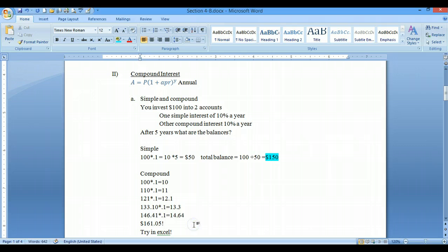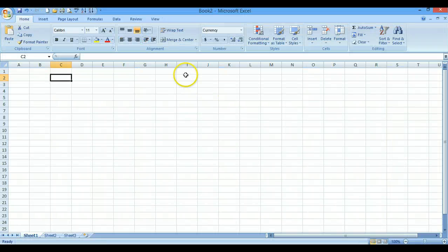$161.05. Now I really like Excel for this, and of course you're going to be doing some Excel projects, so I think it's good to get in and get familiar with it. So let's look at this really quickly so I don't have to come back. 10% interest, 5 years. Okay, so we'll come in here. I'm starting with $100, and just for my sake I'm going to write 10% up here so I don't forget,